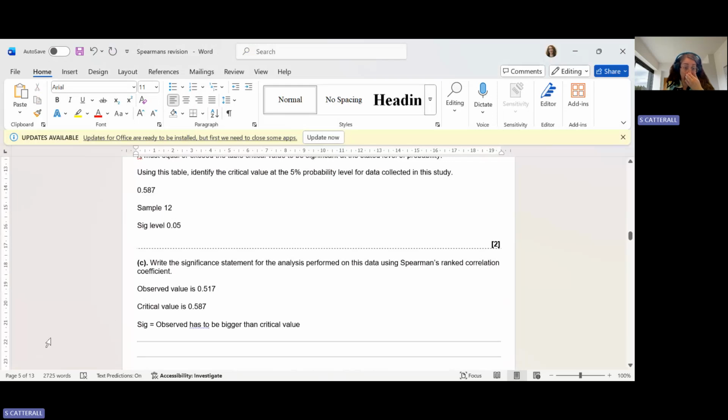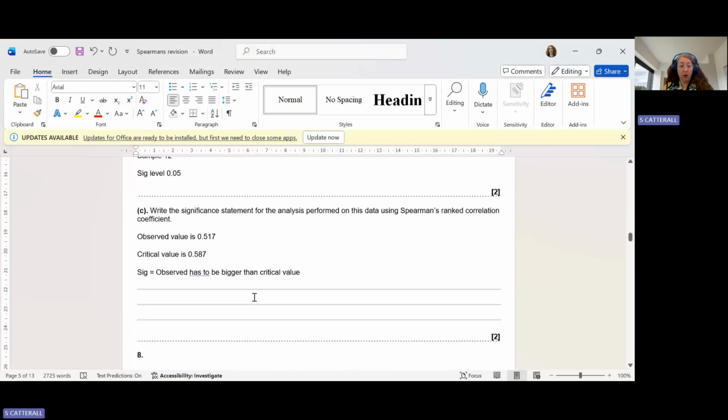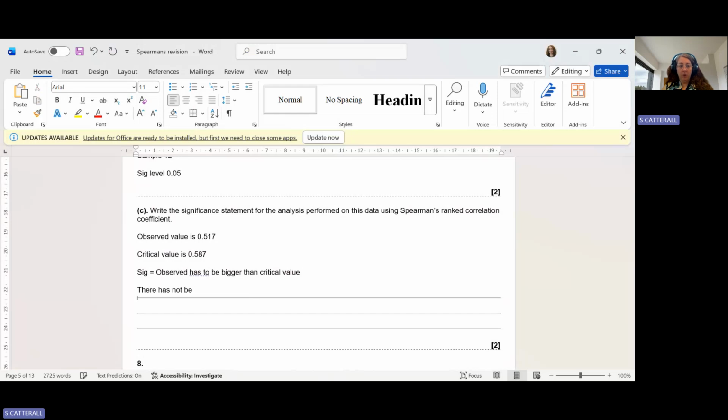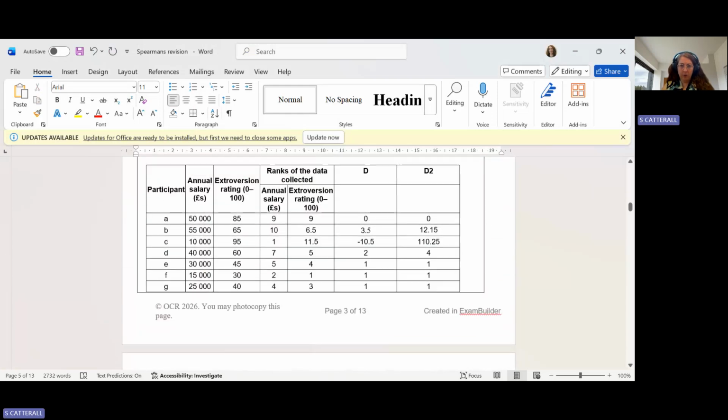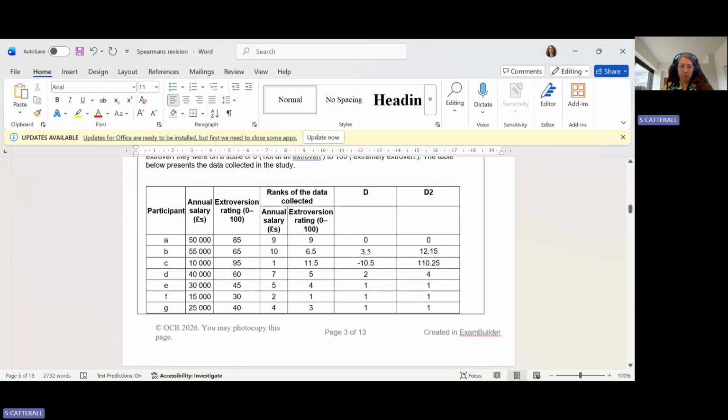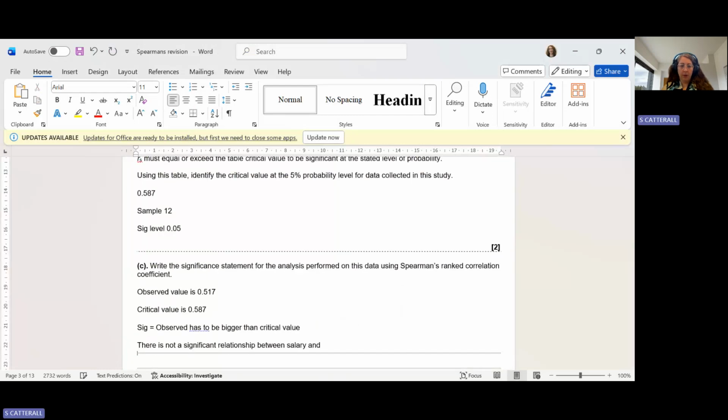So when we look, is the observed bigger? No, so there is not a significant relationship between, is it income and extroversion, put salary and extroversion,